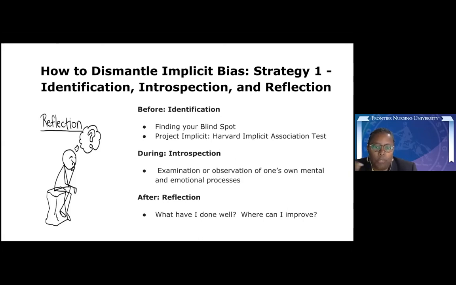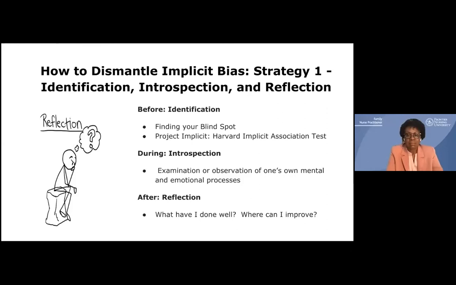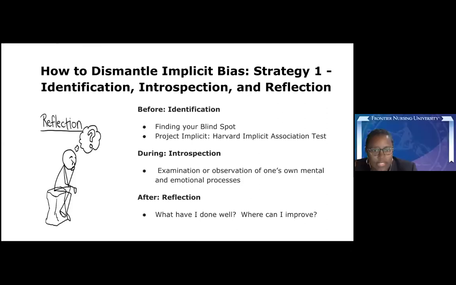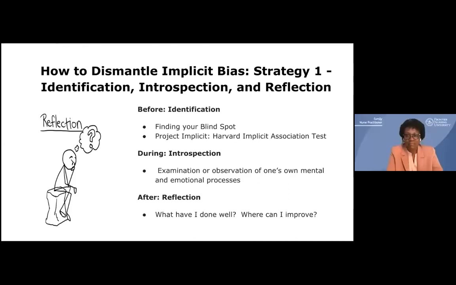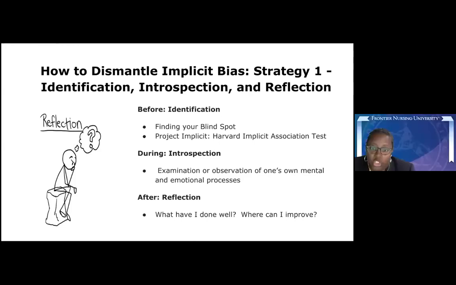If I say the word peanut butter, the vast majority of us would immediately think of jelly. Why? Because peanut butter and jelly, we've been conditioned that that goes together and makes a good lunch sandwich. Peanut butter goes with jelly. And in the same way, these biases have been placed into our brains so that it automatically happens without you even thinking about it. So I would challenge you